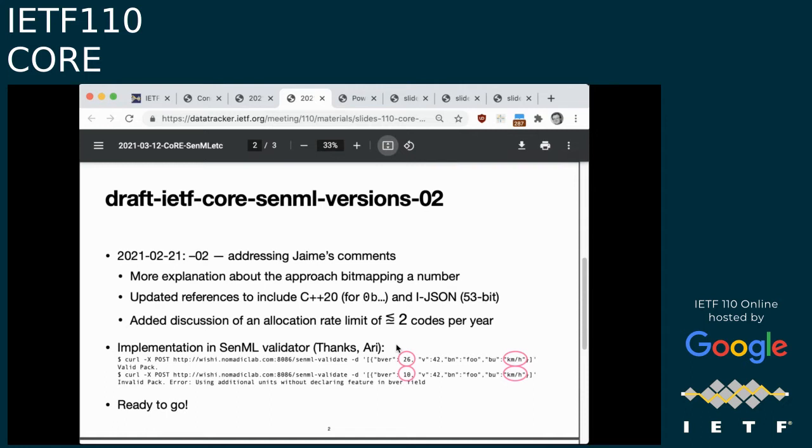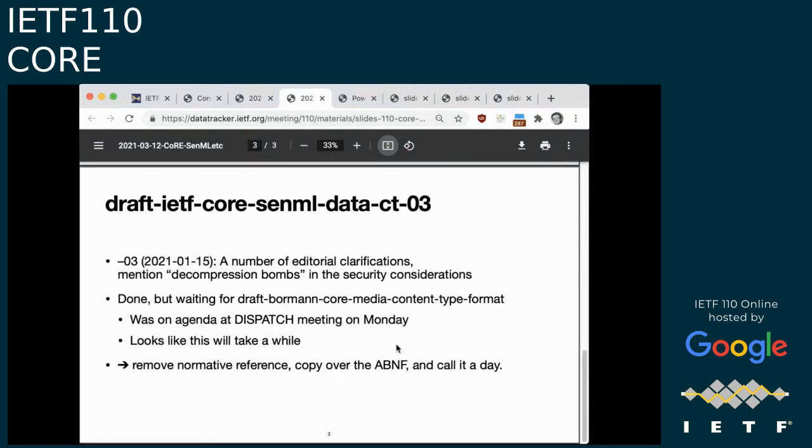Good. So the other document is the data content format document. That was updated with a few editorial clarifications and a mention of decompression bombs as a security issue in the security considerations. So if you can put a random media type there, you might be able to put in a media type that enables decompression bombs, and then you can attack an implementation by doing that. So that is all done, but